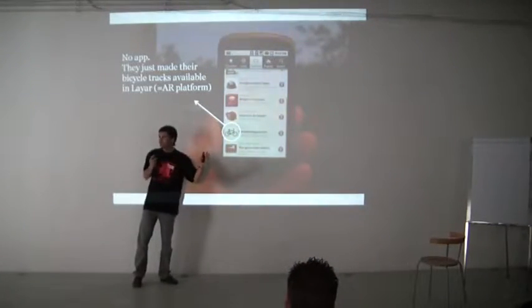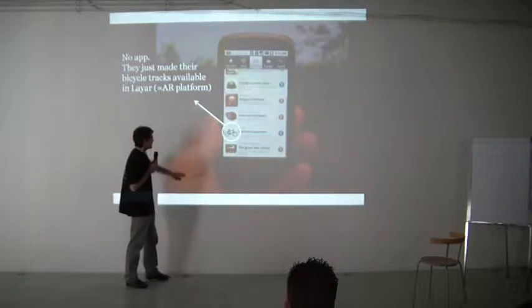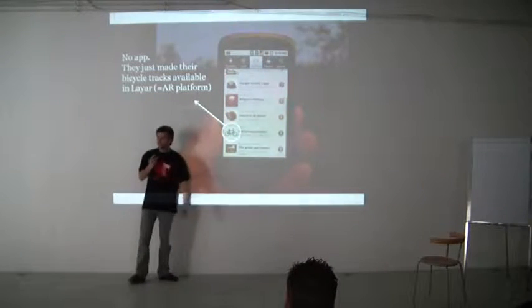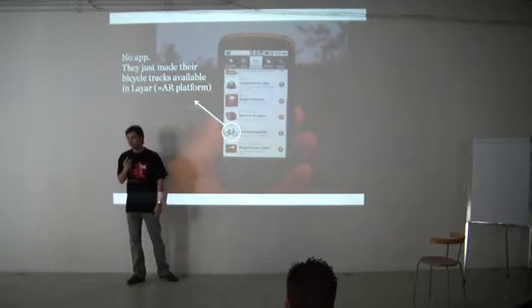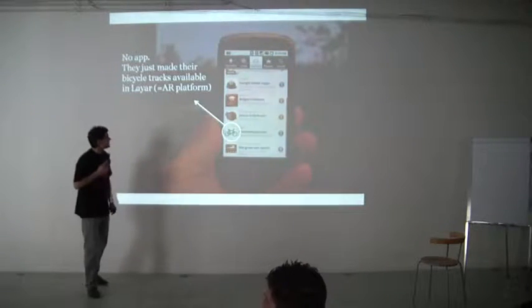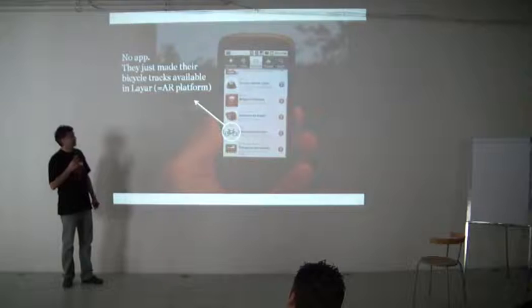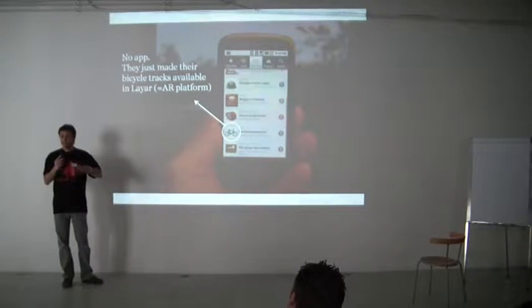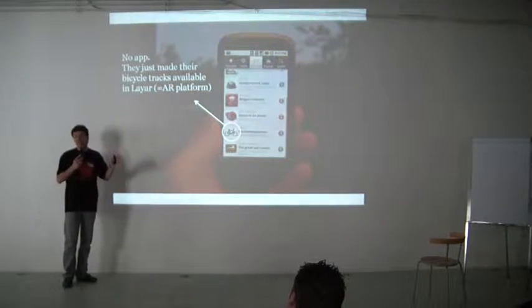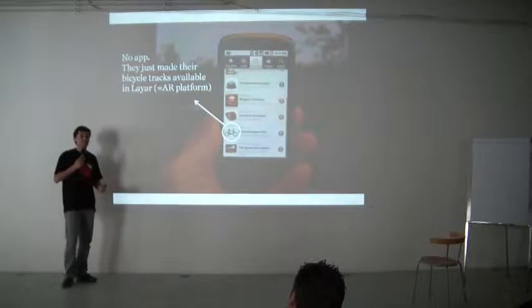He's still around, yeah. This is his layer. Okay, so it's a layer in Layer, and it allows you to see all the bicycle tracks. Very nice. They didn't have to write an application, or he didn't have to write an application, and yet all